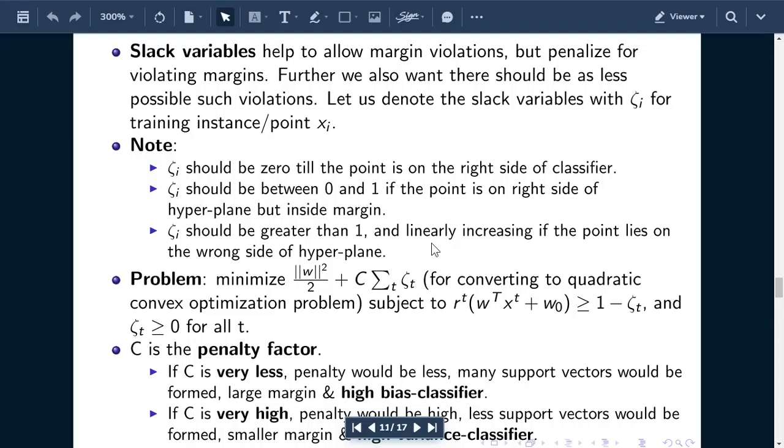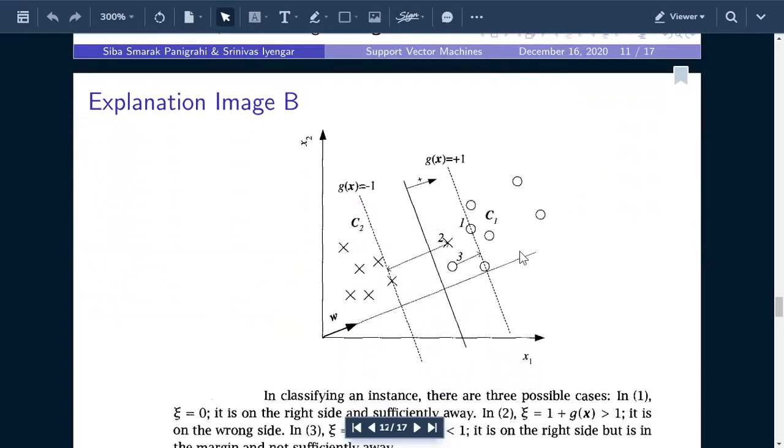Now it has been termed as penalty factor. Let us consider what would happen if C is very less or C is very high. Now C is the penalty factor. Let's say that this point 3 or this point 2 are having slack variables S2 and S3. I mean eta 2 or eta 3, but I'm saying S2 and S3. So S2 and S3 are the slack variables. I would penalize them some C times the slack variable distance. So C into S2, and 3 is going to be penalized by C into S3.